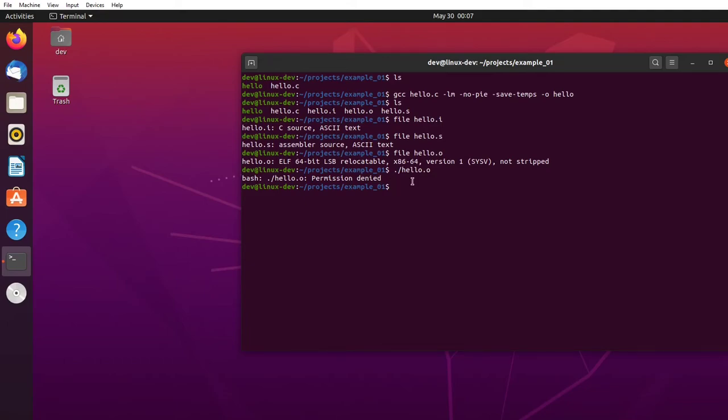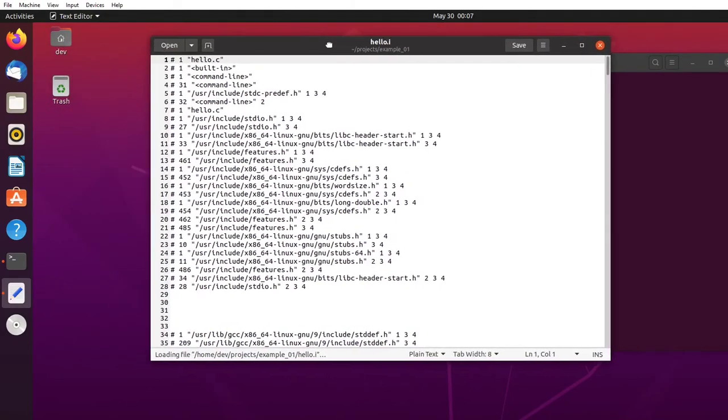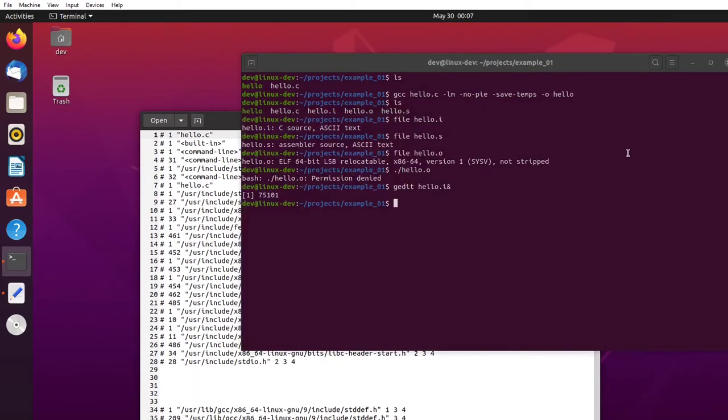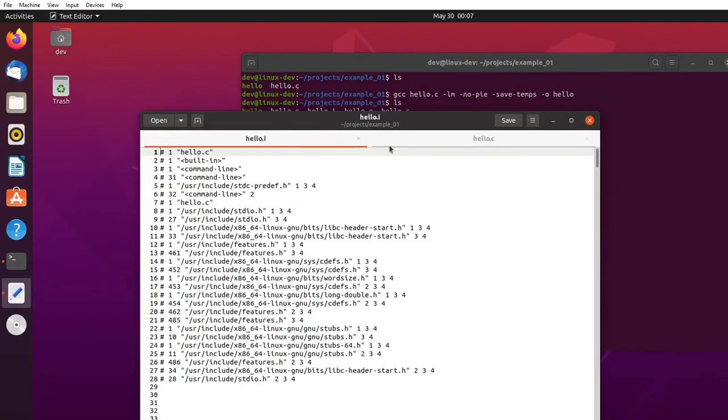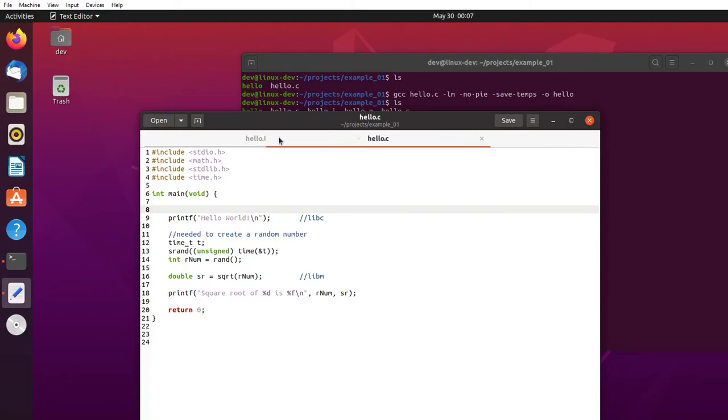So let's take a look at these. First, we use gedit so it's easier to scroll around. So we've got the source file here. We've got all these include files, and I don't actually have any macros, but if I had a macro like